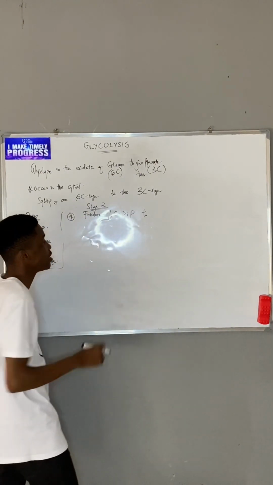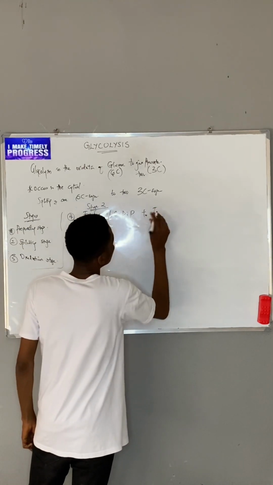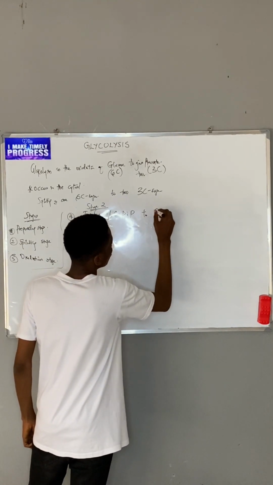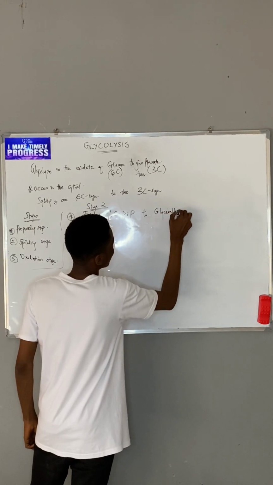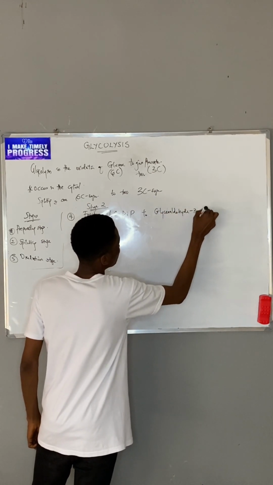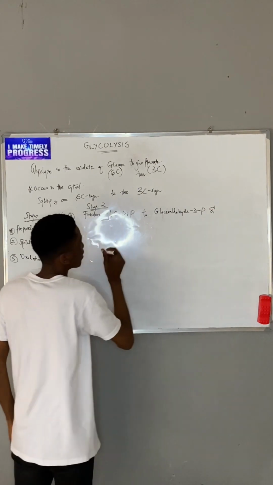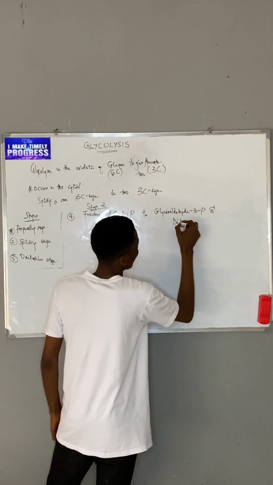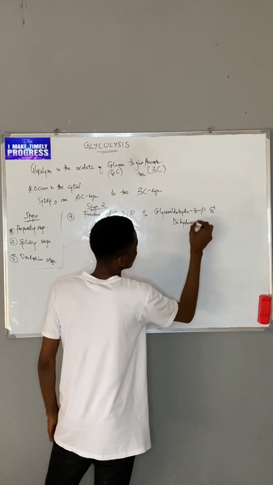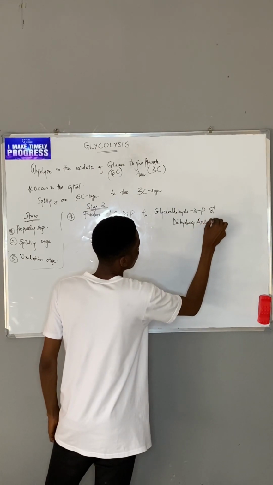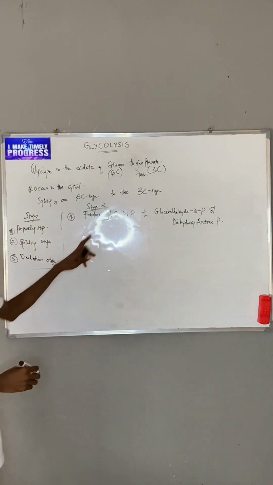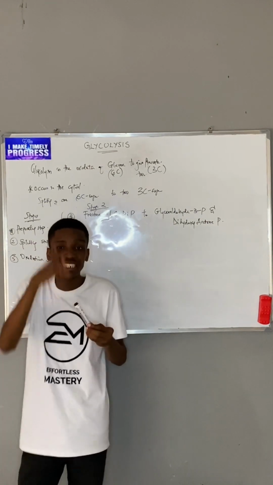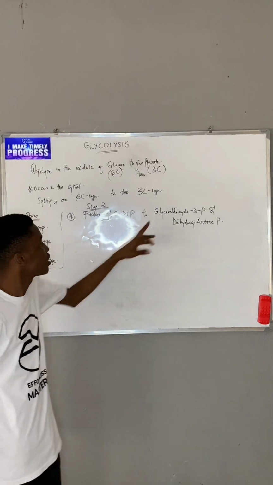Fructose 1,6 diphosphate, or splitting of fructose 1,6 diphosphate to give us glyceraldehyde 3-phosphate and dihydroxyacetone phosphate. So right here in this particular step, I have a 6-carbon compound being split in the middle to give me